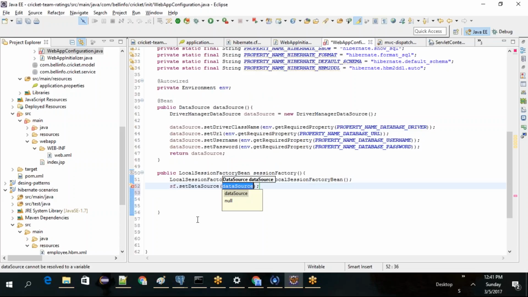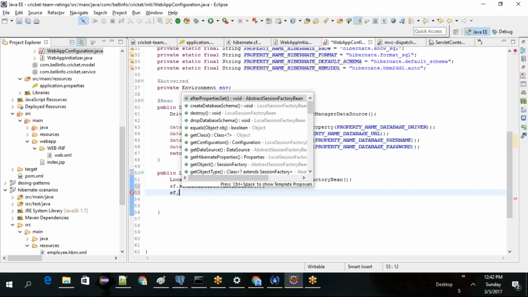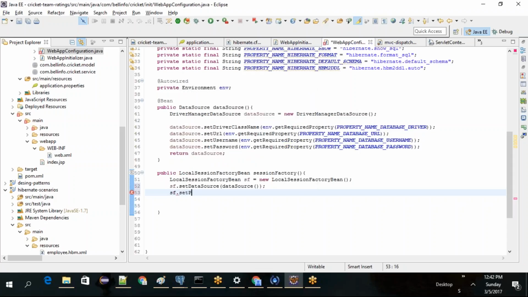DataSource. From where will you get the data source? By calling this method. By calling this method, you will set all the values. It will return you the data source with the values that you have here. Okay. Next, what do you want? sf dot set. There is another option, set